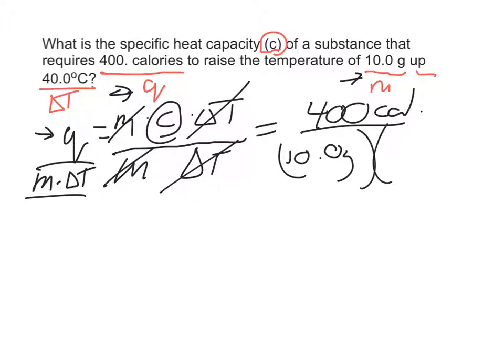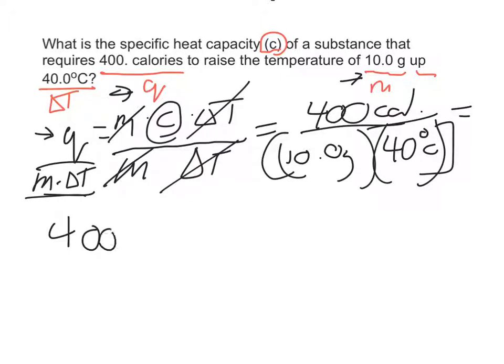And then that's going to be times the change in temperature, which is 40 degrees Celsius. In the calculator, you want to make sure to put in 400. There's a couple of ways you can do this. I think this one is the easiest, but you can do it however you know how to do it. 400, hit divide, put in 10, hit divide again, put in 40, and you're going to end up in this